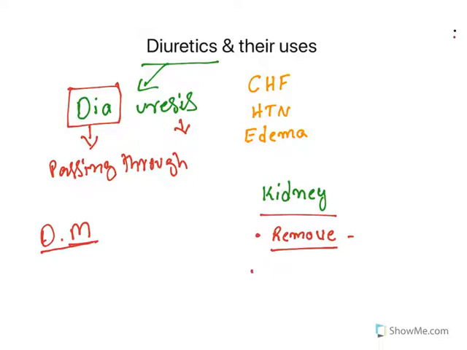The second function is that it reabsorbs whatever water and electrolytes are required, because more than 99% of the filtrate gets reabsorbed, so that it can maintain water and electrolytes. Otherwise, the body would lose excessive water and electrolytes, which will cause dehydration and death also. So, the removal part is essential for removing metabolic waste and drugs, whereas the reabsorption part is required for the survival of life.